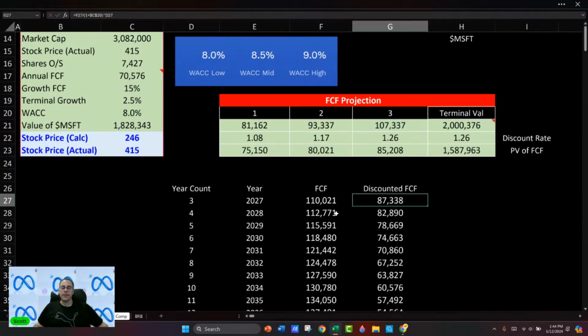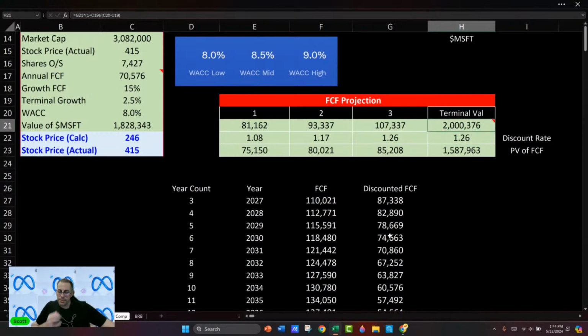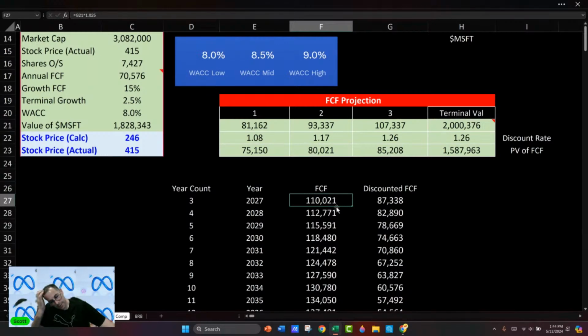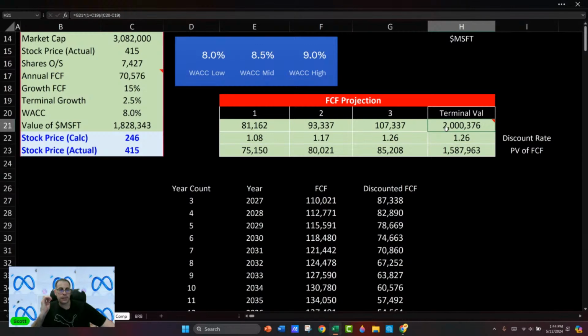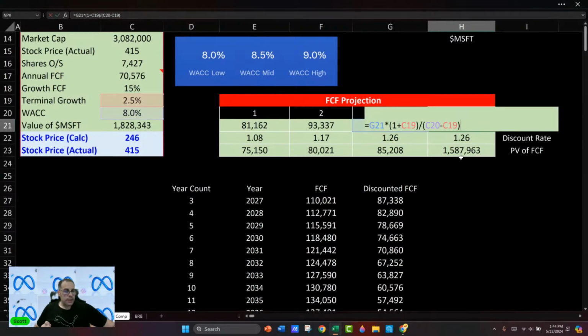I guess I don't have to explain, or not. Well, I could explain terminal value. I guess I don't have to back into the calculation. Terminal value is 1 plus C19 divided by